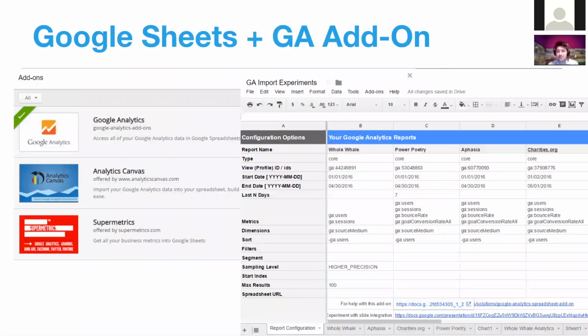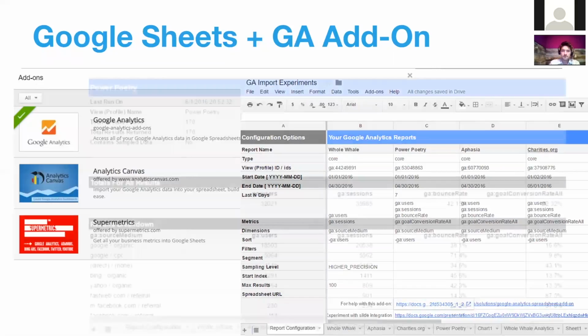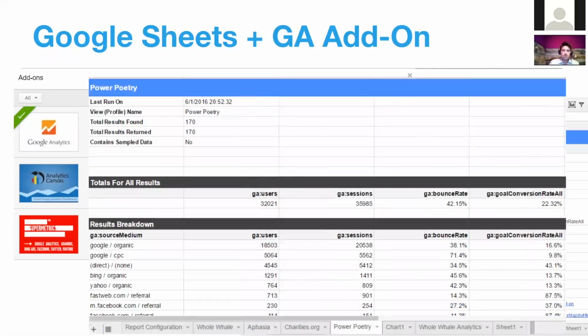You can also use Google Sheets plus the Google Analytics add-on inside of there. So inside add-on, we can add Google Analytics, tie that in. So if you are literally Excel or Sheets obsessed and need to manipulate it, you can pull it into your own customized area with whatever metrics that you want. I'm not going to lie, it's a little advanced, but it does offer full flexibility if you find yourself constantly exporting into Excel and then screwing with it. This is a much faster way to set that up.